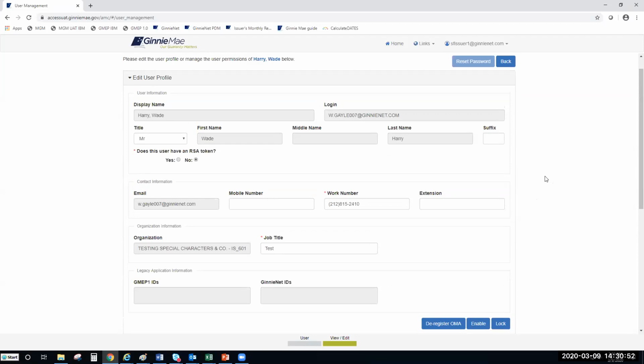So the org admin is now responsible for resetting the users that failed during the self-service part of it, because they can actually do that themselves. But if they fail during that time, it would be your responsibility as an org admin to go through and reset that password for them. So on the top, it just says,